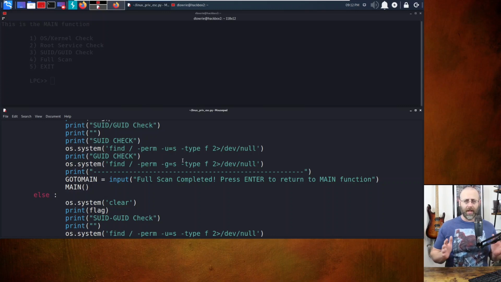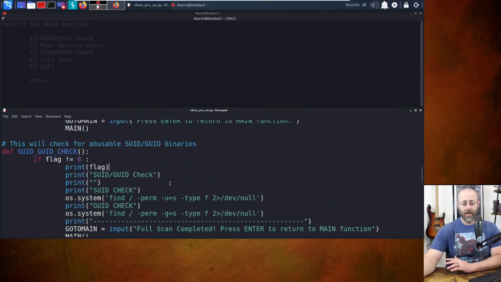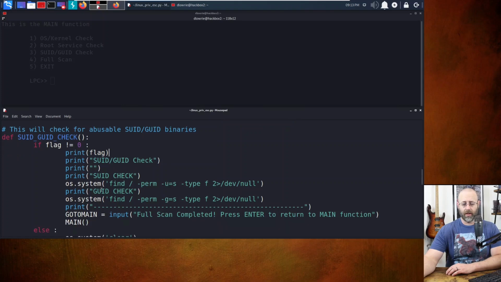So I'm just trying to automate a lot of the process that I go through when I'm attempting Linux Priv escalation, to make the process more efficient, more effective. Okay. So that's all going to go in here. Where is that going to go? So it's saying here, this is going to be the,